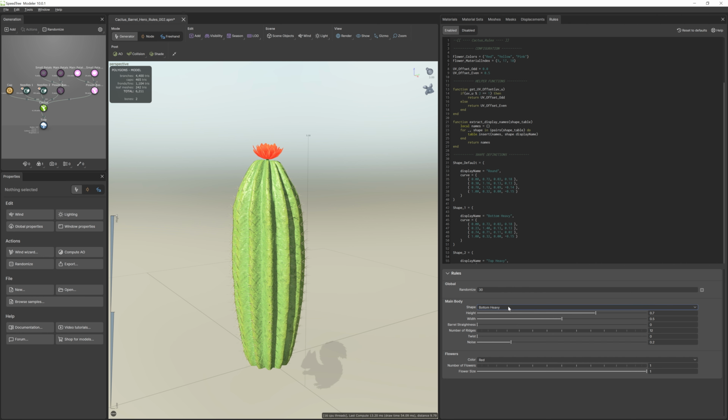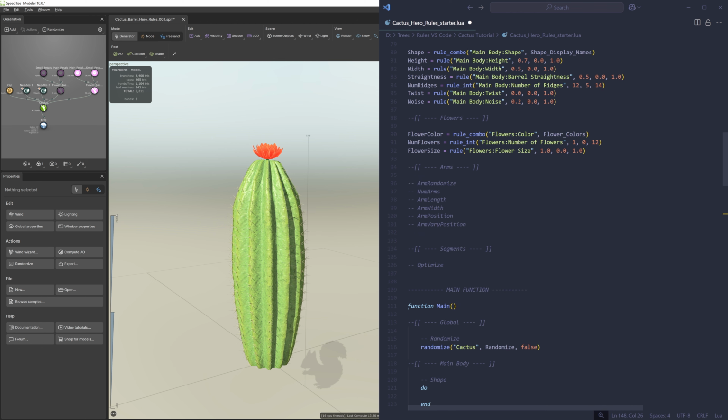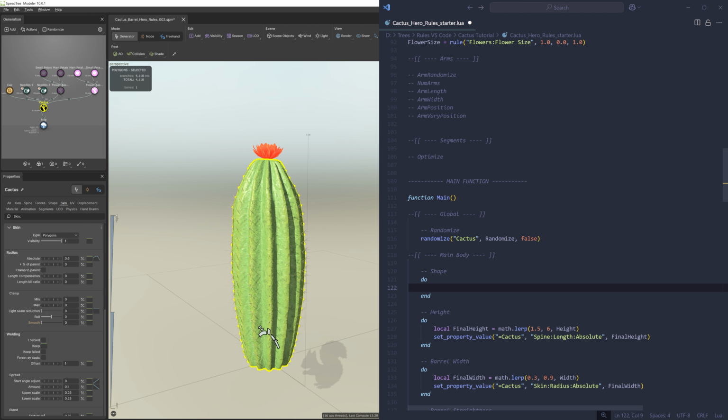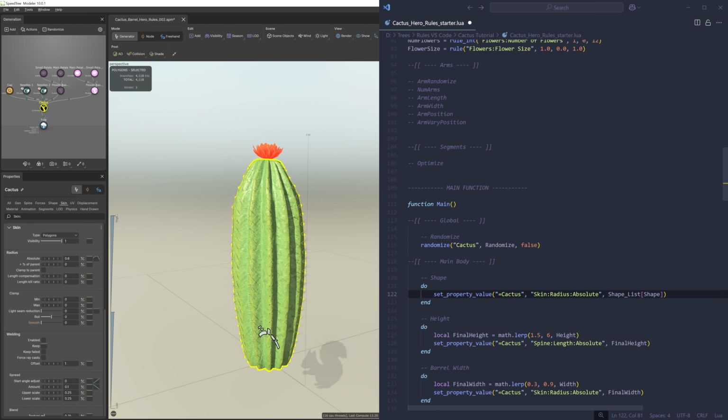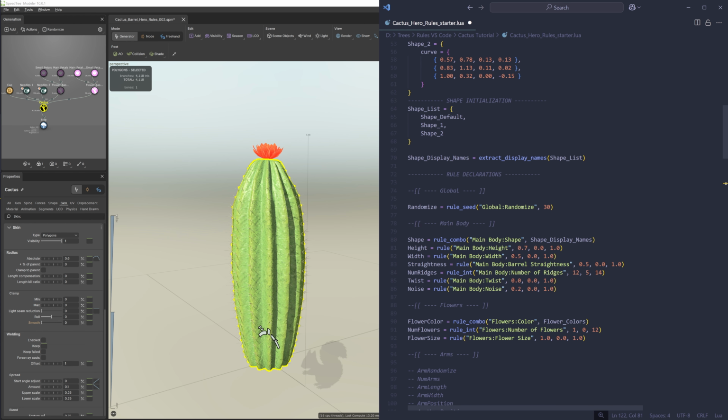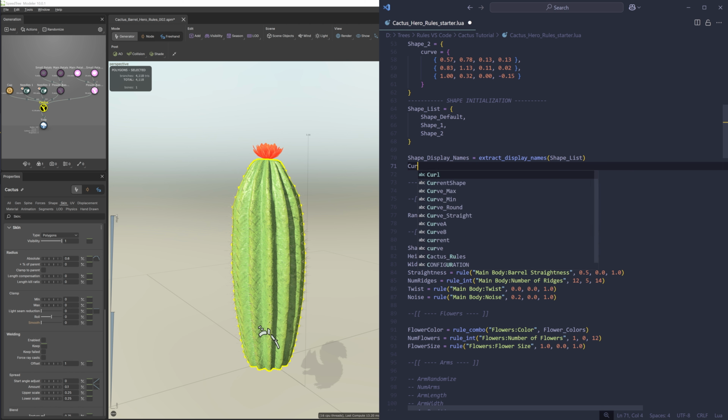But we still need to write the body of the rule in order to actually change our shape. So, back in our code, we can paste in the edit line for script from the skin absolute radius property. Then we want to get the correct shape from shape list. To do that, you might think to write the call like this, but this by itself can actually lead to an indexing error. So while global variables are generally not best practice, since rule scripts are very self-contained, it's usually okay to use them. So I'm going to make a variable called current shape and initialize it with shape default.